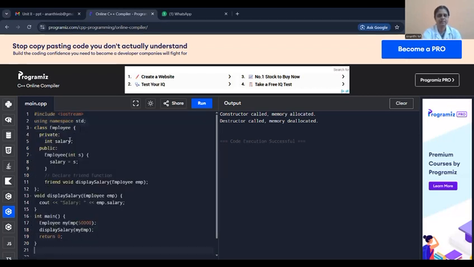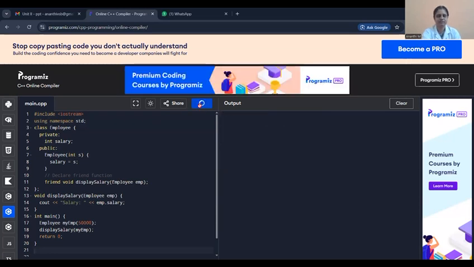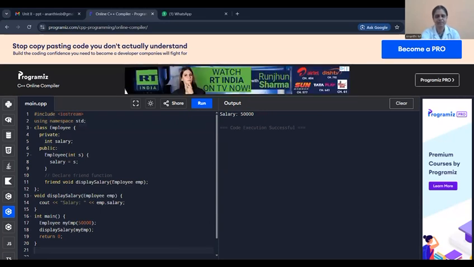Here salary is a private member of another class, but we are going to access this salary variable with the help of the friend function. The salary, for which we have passed one value, can be accessed by this function. So likewise, a private member of a class can be accessed by a function which is declared or defined outside of that particular class. Similarly, we are going to see the friend class.